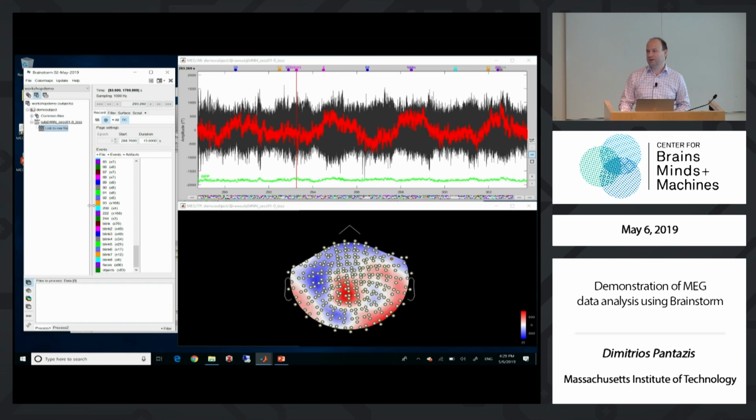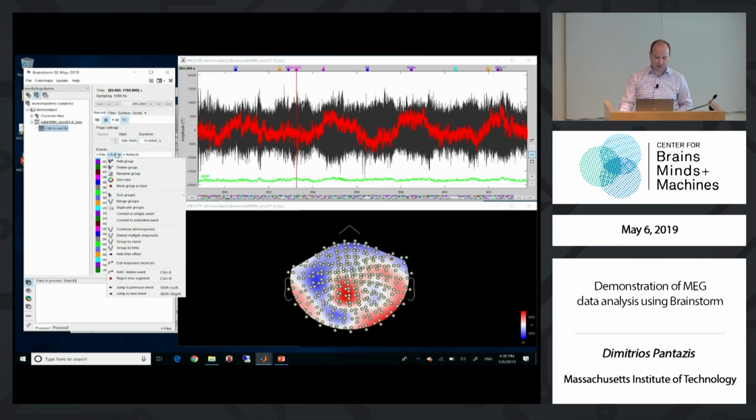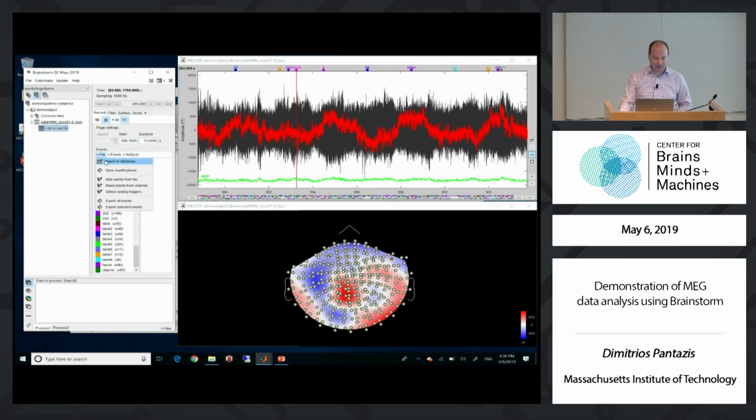What I want to do is import the data in Brainstorm. Until now, we were simply previewing the file in the native format, the FIF format. So Brainstorm has very fast algorithms to read on-the-fly data from this custom format, but now we want to import them in Brainstorm in MATLAB mat files so we can analyze them eventually in our pipeline. So from File, I will select Import in Database,